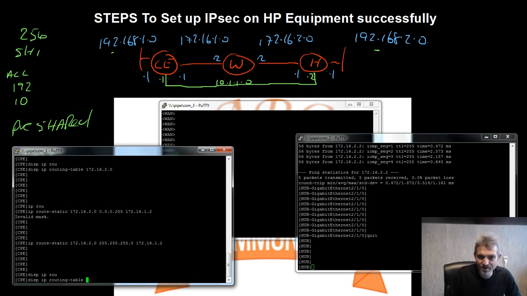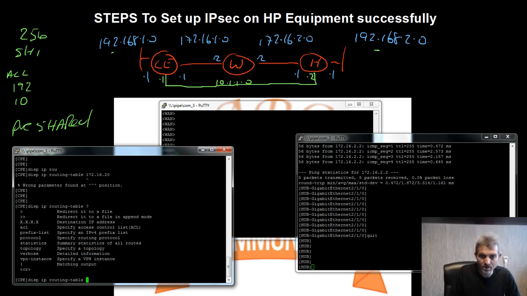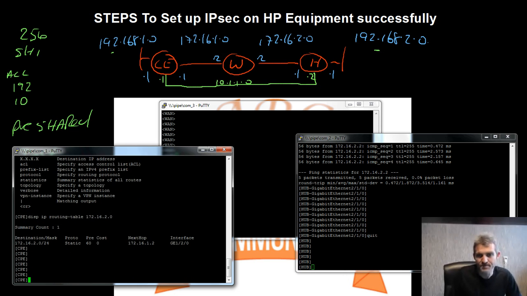Display IP route for 172.16.2.0. Display IP routing table. Yeah. 172.16.2.0. Okay, there we have it. A little still early in the morning. Okay, 172.16.1.2. So I should be able to ping